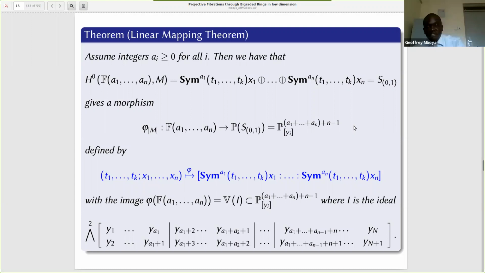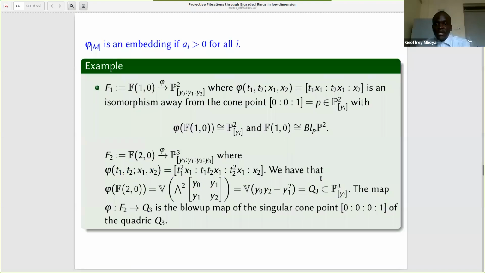It is important to note that the first row divided by the corresponding element in the lower row, respecting the action, gives us a ratio t1 over t2. Someone can easily check that. And this map is going to be an embedding if all the weights a_i are positive. An example is the scroll F_1, a surface scroll. A simple computation shows that it is a blow-up of a point in P2, and the image of phi_M is